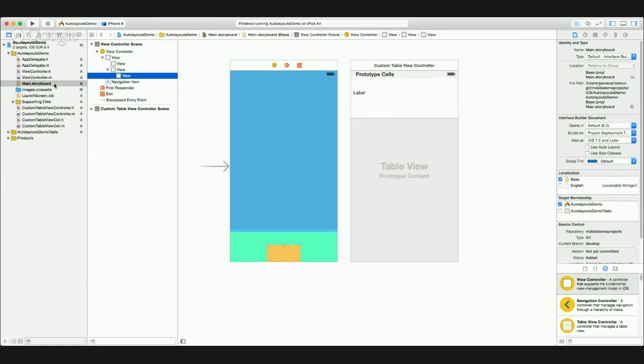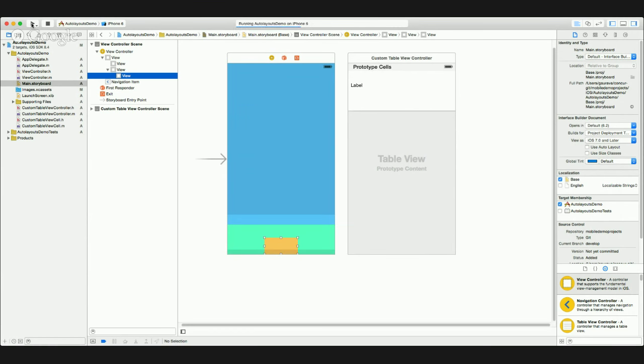Right now you see this is my simple storyboard with this hierarchy, and I have set use auto layouts to turned off. So if I run this, and I'm using iPhone 6 right now,